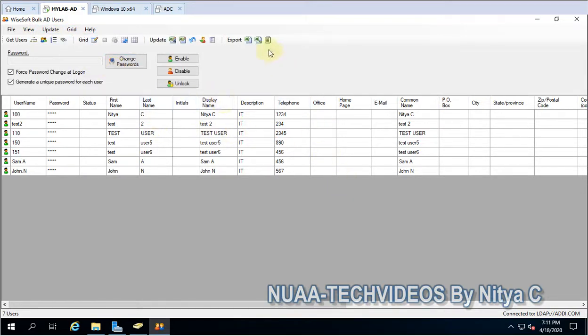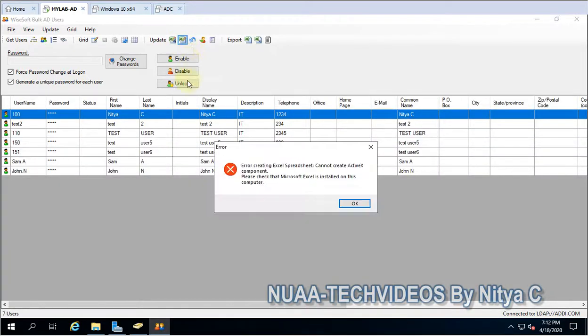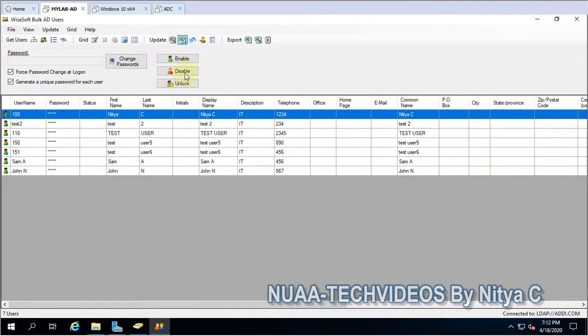So what you will do, you will export this into a comma separated sheet, or CSV, and edit it in Excel. Let me show you. I don't have Excel installed, otherwise it would have been available in an Excel sheet.